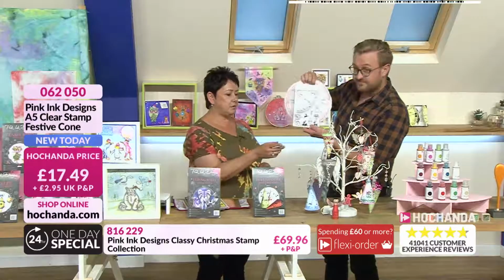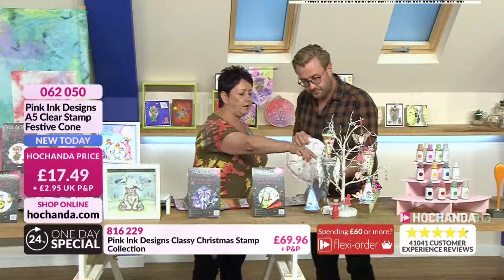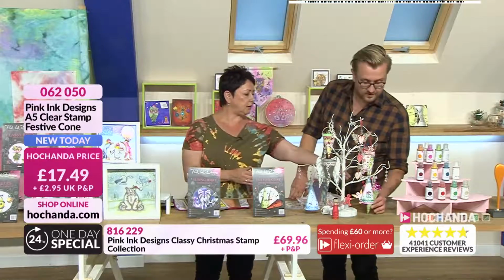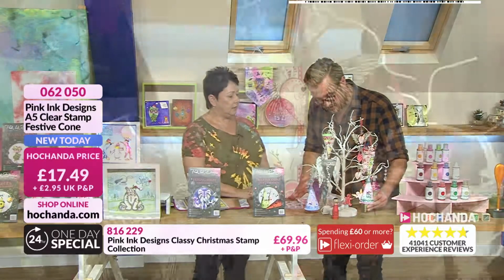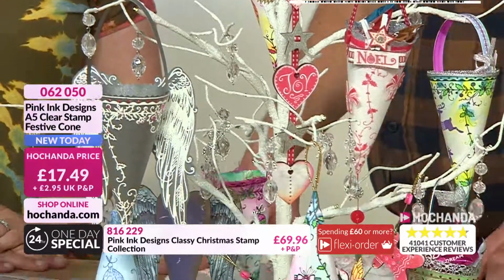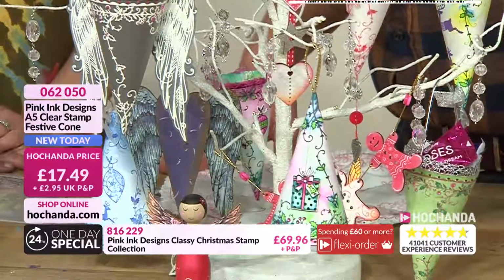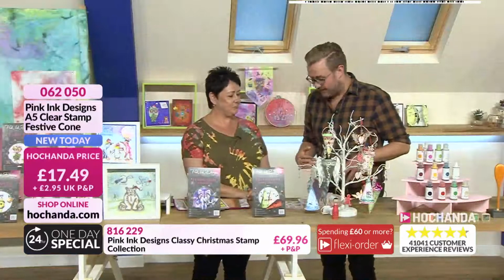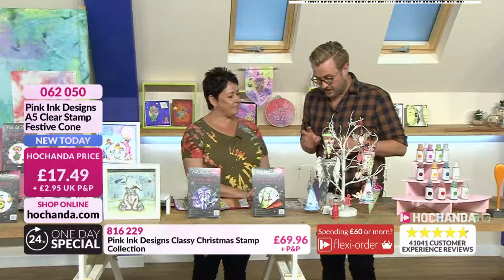Yeah, we've put wings on a cone there. We've done all sorts of things. Made it in card. We've made it in fabric. Yes. As you can see. That's very nice, isn't it? They are good little goodies, little chocolates inside there, aren't they? Little gifts, little presents. But that is something really new and exciting, actually. I haven't seen these sort of cones for a while. It's a great bundle,